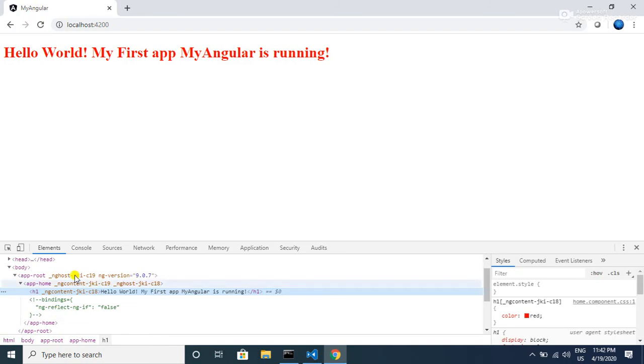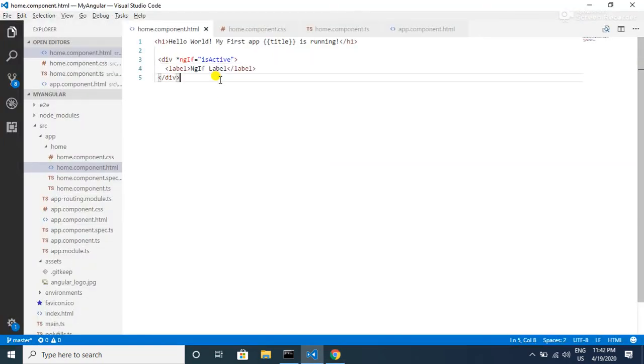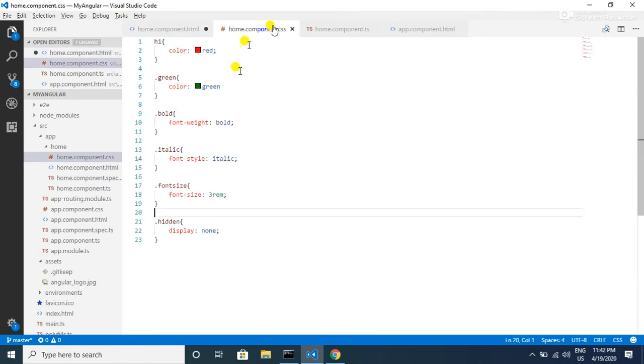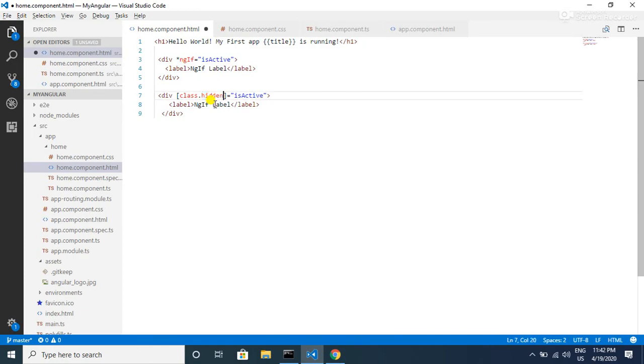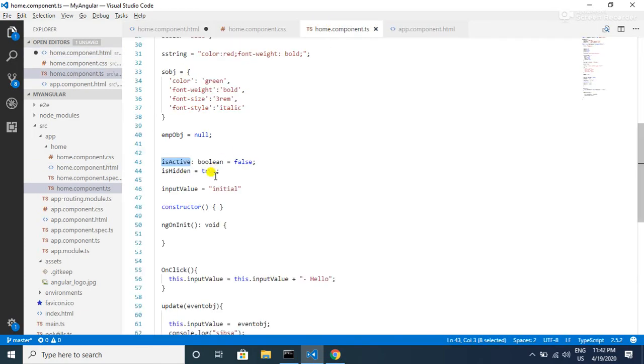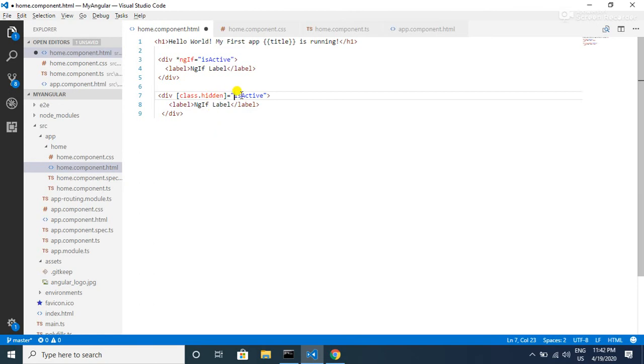So let's hide this div element using the class binding. To do that, we will copy the same div tag, and instead of ngIf, we will use class binding, class dot, and I already have a CSS class called hidden which will hide the element by using the property display as none. Let me use this value, and I also have a variable inside my component, isHidden, as true. So let me bind this variable to this class binding,